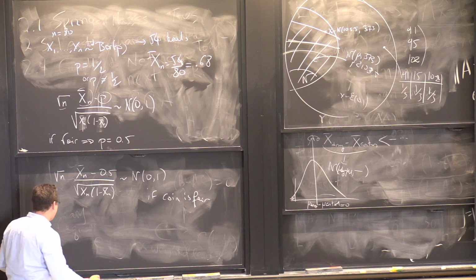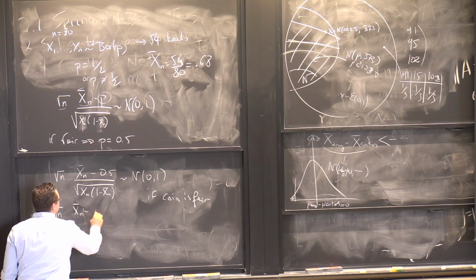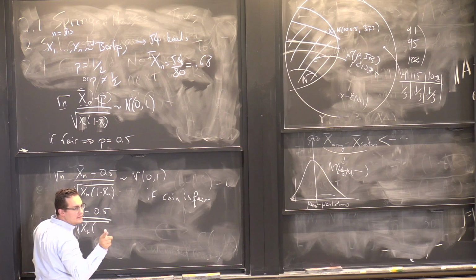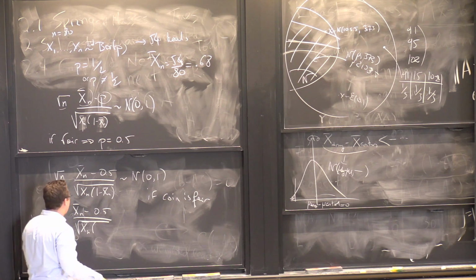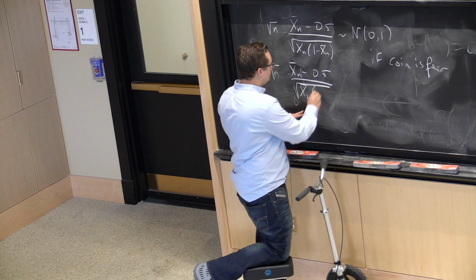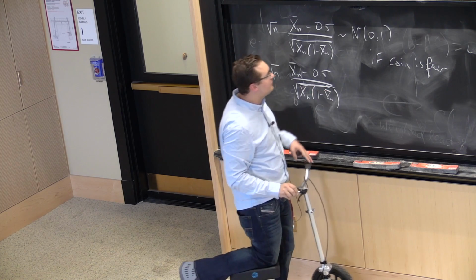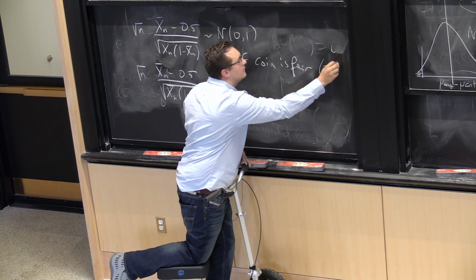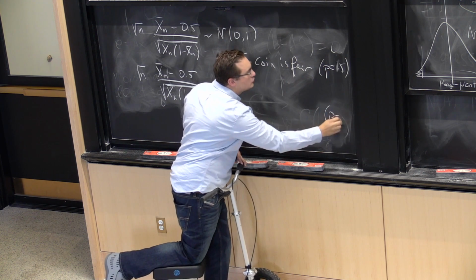So if my coin, let's just write it for one second. Well, actually, let's answer your question first. It's actually going to be easy. Well, I'm not sure. OK, let's do it. So what is the distribution of this if p is equal to 1/2, 0.5? Now if p is equal to 0.6,